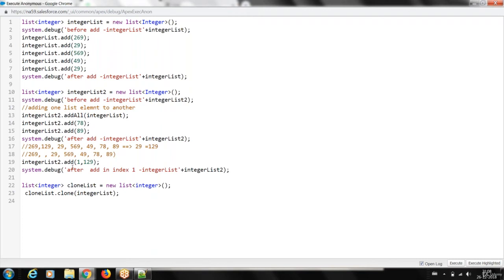When you add, it is not returning anything, it's just adding the element; it returns void. But when you clone, it is completely cloning the elements. So what do you want to clone? I want to clone the integer list, so the integer list is to be cloned. Where will I store the duplicate data? On the clone list. So write: clone list equal to integer list dot clone. If I wrote this, let me print this clone list value.